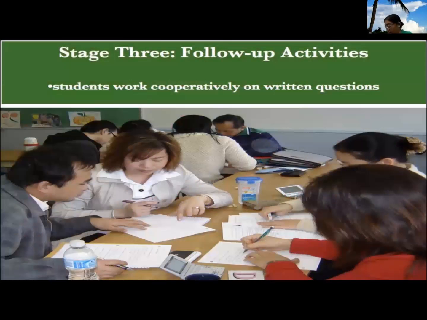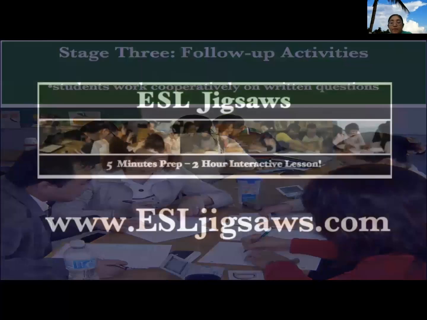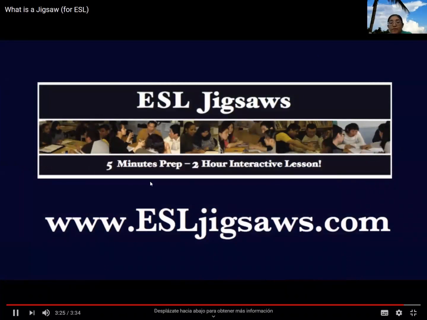Stage 3 is a 4-skills stage where students make use of listening, speaking, reading, and writing as they work cooperatively on written questions related to the jigsaw. For more ideas on making jigsaws of your own or for ready-made jigsaws,